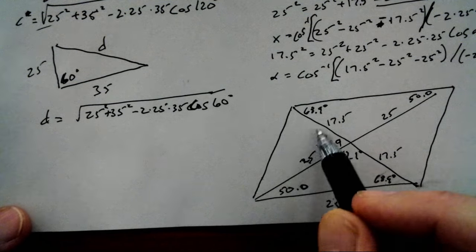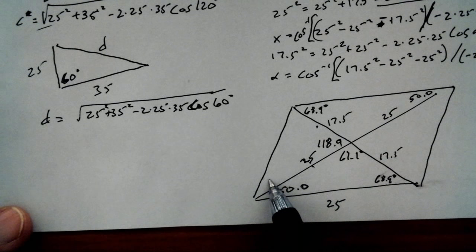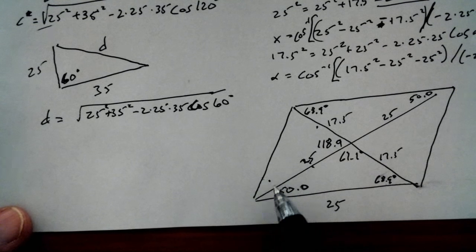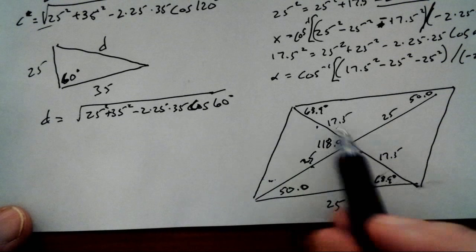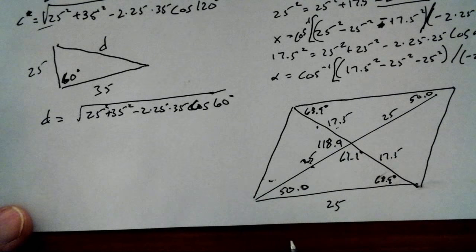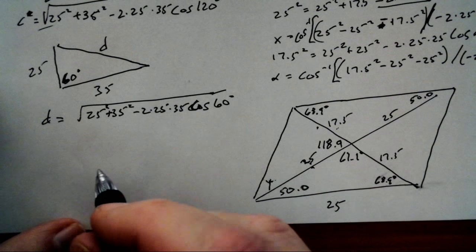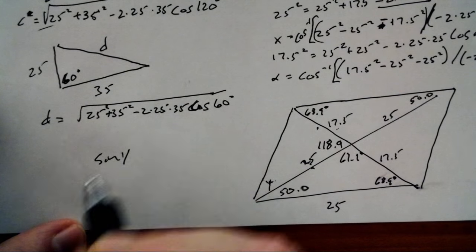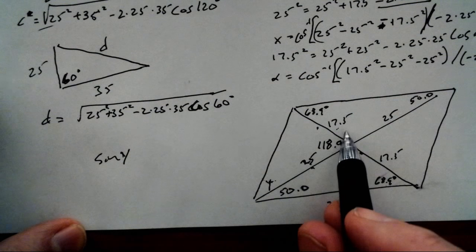I know this side 17.5, I know this side 17.5. Do I have enough information to find this angle? I do have enough information to find this angle. Because this triangle right here, I can law of sines this thing now. So I'm going to call this one y. And last part I have to find. Sine of y. A lot of organization. This is the toughest problem in this section. Sine of y on